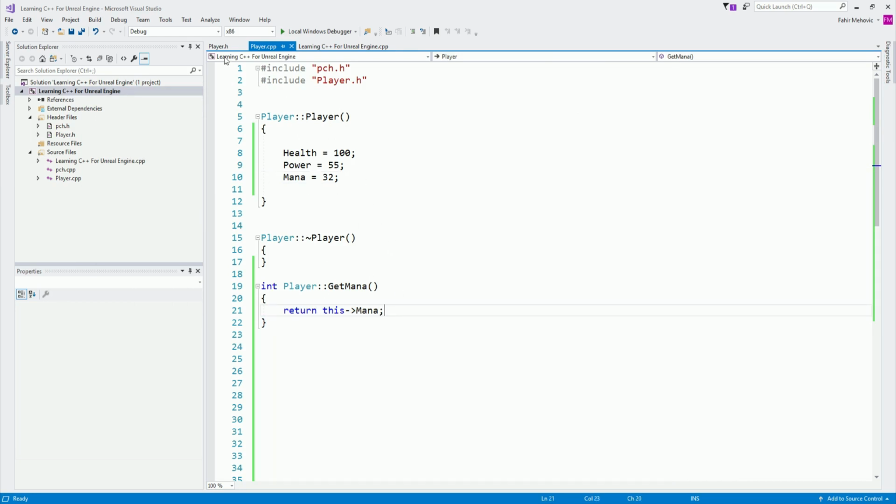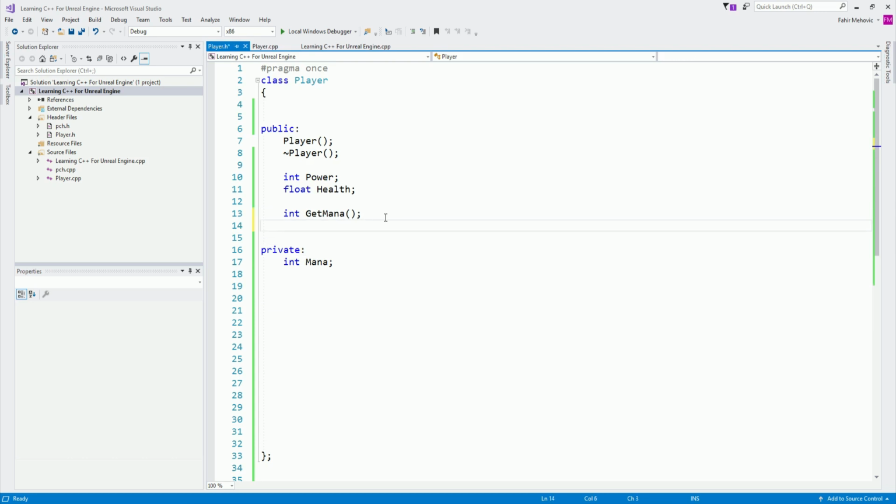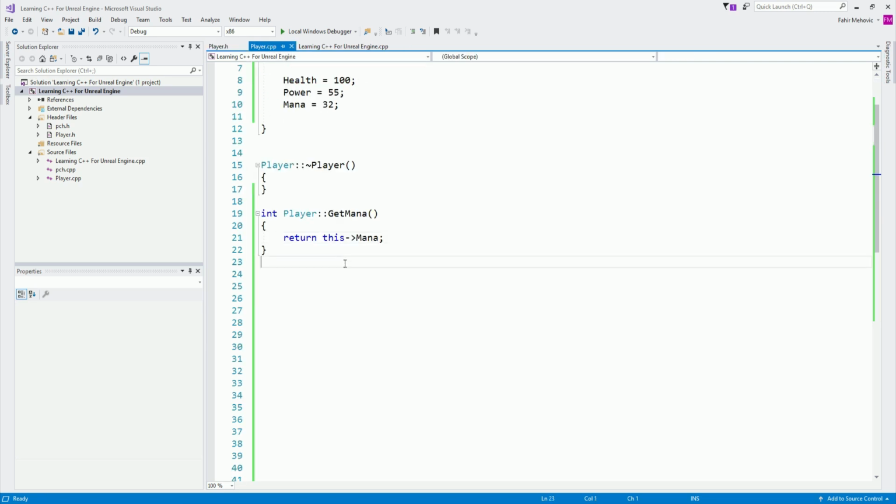And how can we change the value of it? Well, we can change the value like this. Here I'm going to create a void public function setMana, which will take an integer, and I'm going to call it, I don't know, underscore mana like this so that we can differentiate it. We do need to implement this, and we can do it right below the getter. We can say void Player colon colon setMana, which takes an integer underscore mana as a parameter like this. Then simply we can say this, referring to our mana, is equal to underscore mana to set that value.